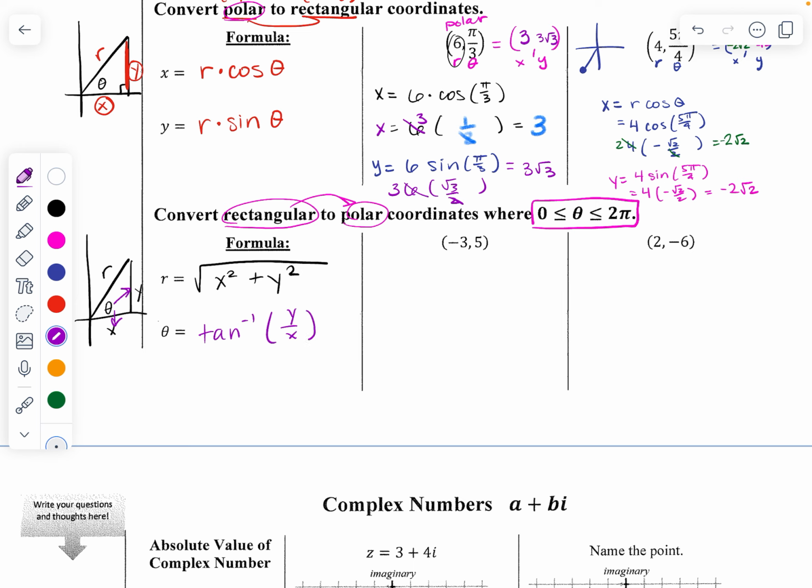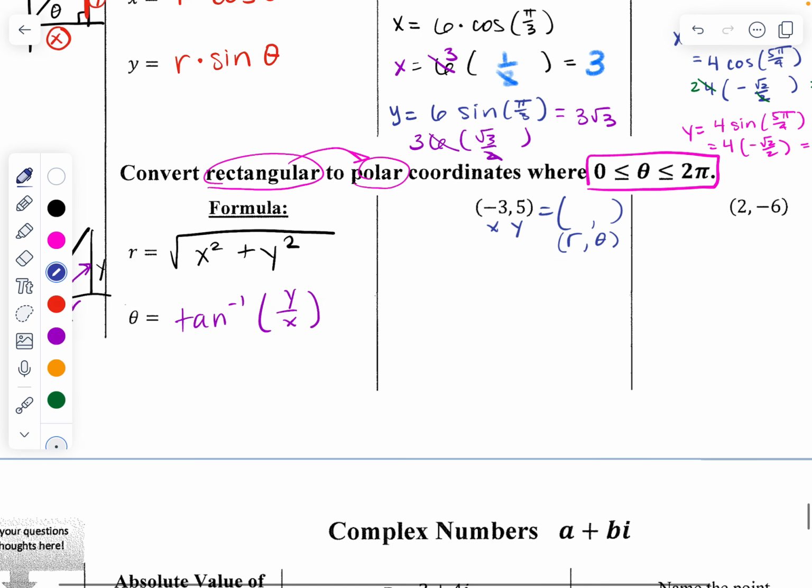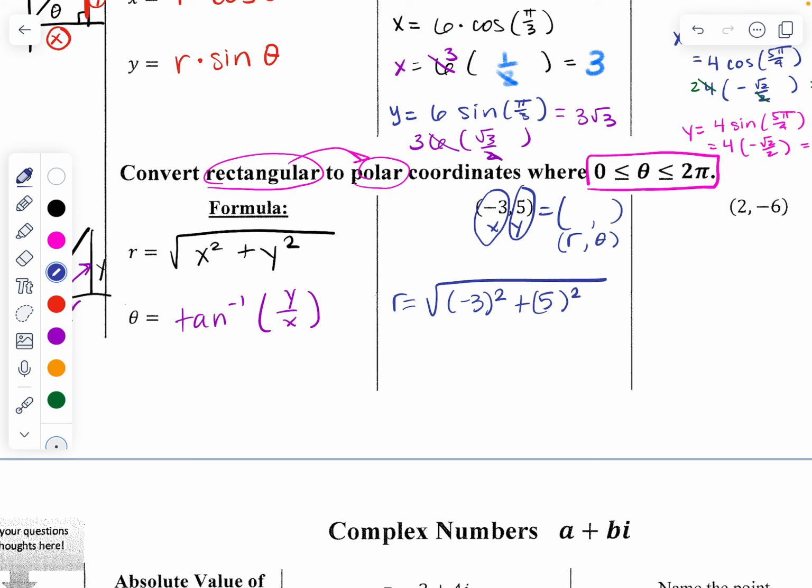So let's use our rectangular coordinate xy, and we're going to find it in polar. So we want to know, what does this equal as r comma theta? Okay, so here we go. We're going to use our formulas knowing that we have x and y. So r equals the square root of x squared plus y squared. And we've got 9 plus 25, which is the root of 34. That doesn't break down, so we're going to leave it just like that. That's our radius. And theta is the inverse tan of y over